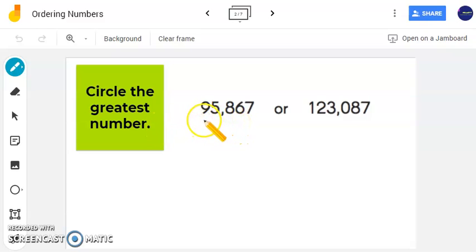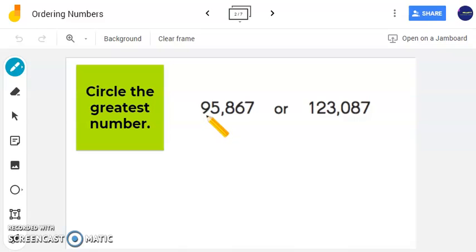I see here we have 95,867 or 123,087. Now, right away, I do recognize that this is a 5-digit number and this is a 6-digit number. So notice here that 6-digit number is automatically going to be larger than that 5-digit number. Here we go all the way up to the 100,000s place, while here we only go up to the 10,000s